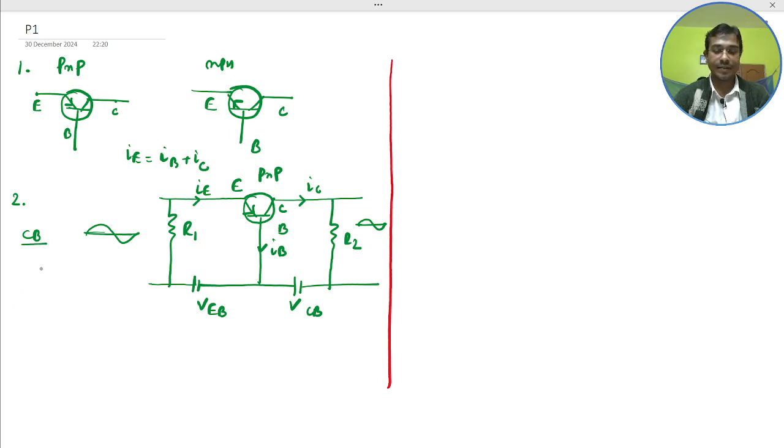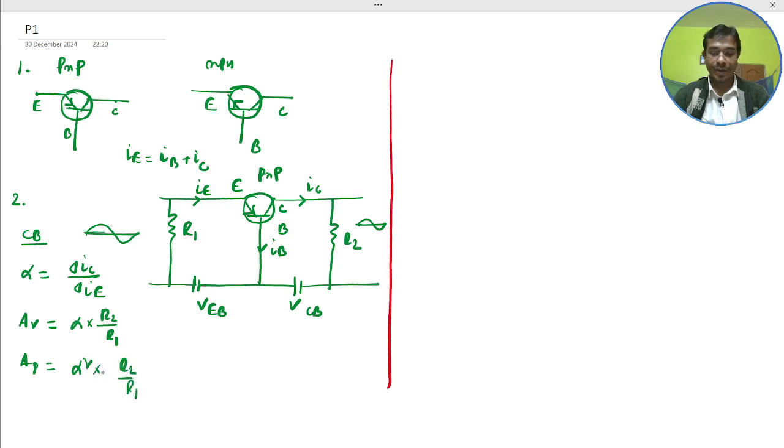Here the current gain is written as the alpha defined by del IC divided by del IE, and the voltage gain AV, here alpha into R2 divided by R1, and the power gain AP would be alpha square into R2 divided by R1. This is in the CB mode, and we just now do here the CE mode. This is very important, the CE mode, that the transistors here